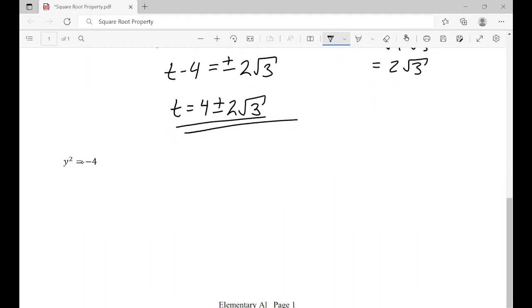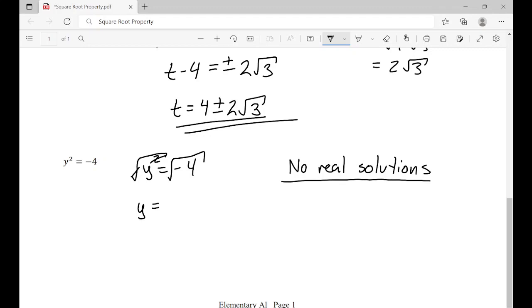Last one we have, y squared equals negative 4. So you got to be careful with this. Depending on the level of algebra you're in, you may be able to do this, you may not be able to. But when you have a square here, again, to get rid of it, we take a square root. And again, we do it to both sides. So the square and the square root will cancel out, leaving us with y. However, if you've not dealt with complex numbers, you can't do this. You cannot take the square root of a negative number. If you're not dealing with complex numbers, then you say that this has no real solutions,